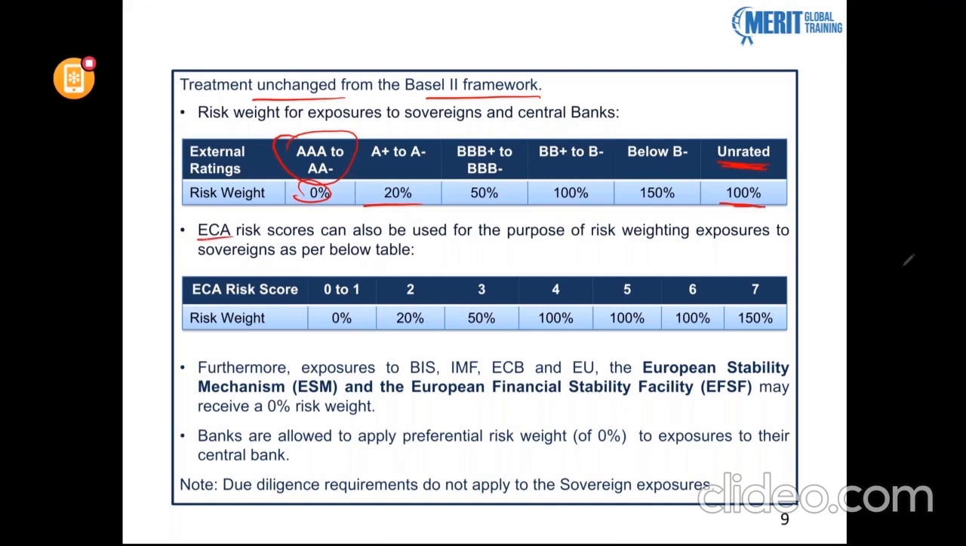If you remember, under Basel II, we also said that the external export credit agency risk scores can be used for the purpose of risk weighting exposures to sovereigns. If the ECA risk score is 0 to 1, then the risk weight will be 0. If it's 3, it will be 50%. If the ECA risk score is 5, then the risk weight will be 100%, and if it's 7, it's going to be 150%. So there's no change to the way we risk weight